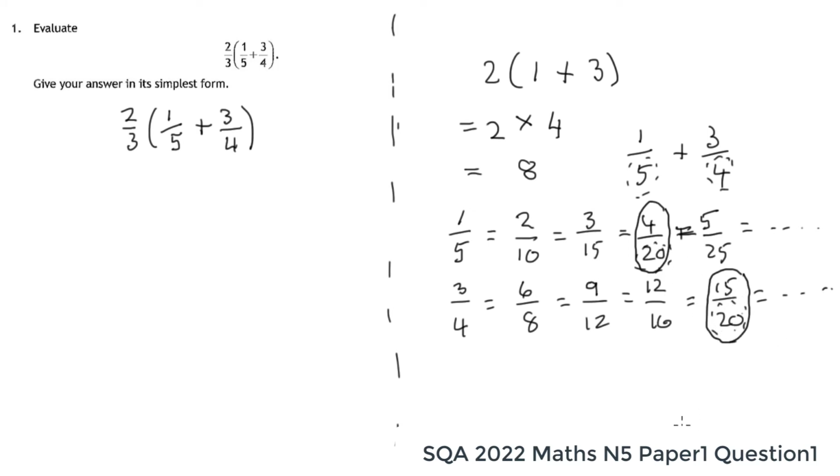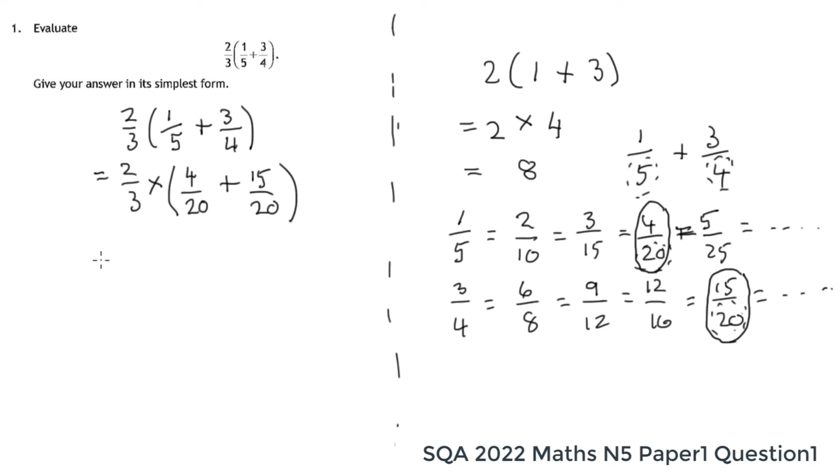So we should be able then to add them. So 2/3, and remember outside the brackets means we're going to multiply. 1/5 we're multiplying top and bottom by 4 to get 4/20, and we're multiplying top and bottom of 3/4 by 5 to get